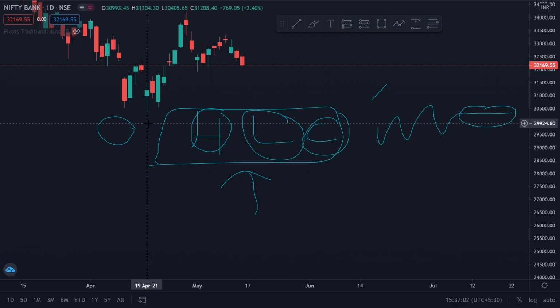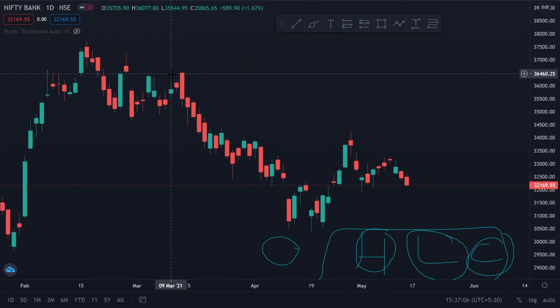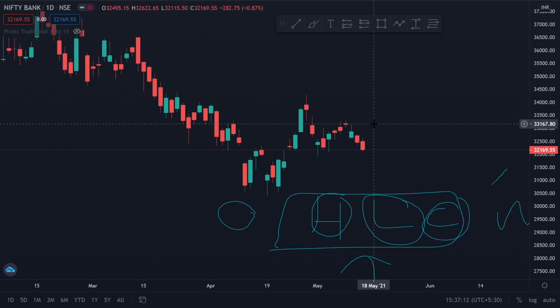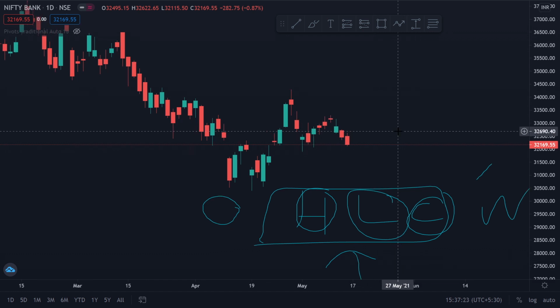The opening price is sometimes very random as well. You can see the opening price can be a huge gap up and then the market might crash all the way down. Opening prices are volatile, and to know how the opening price is calculated in a day, you can go back in our channel. We had already made a video about why gap ups and gap downs happen and how the opening price is calculated in the markets.